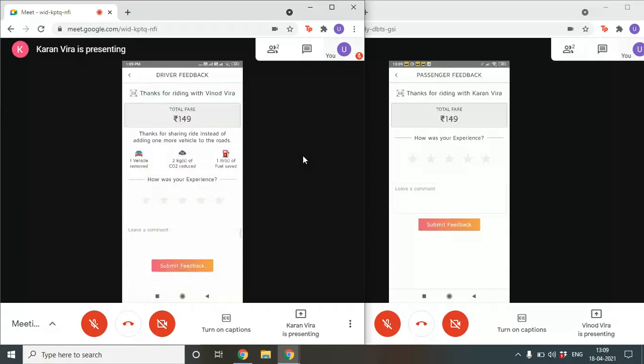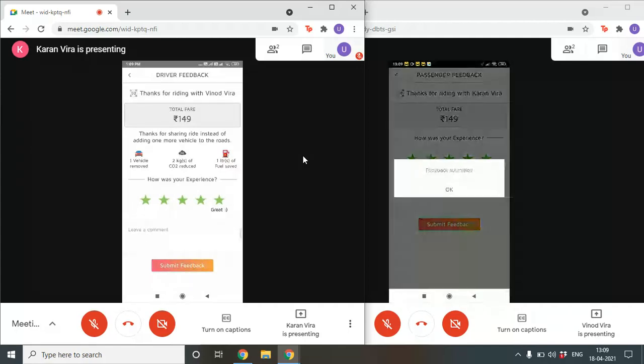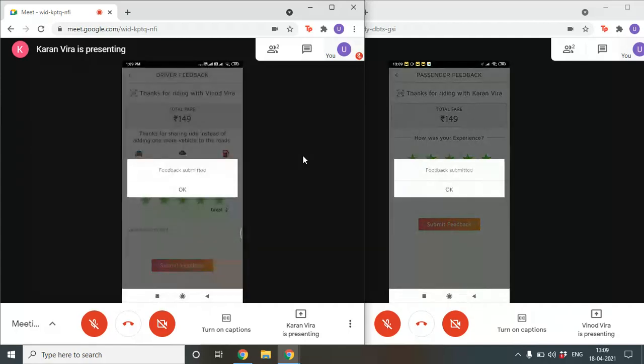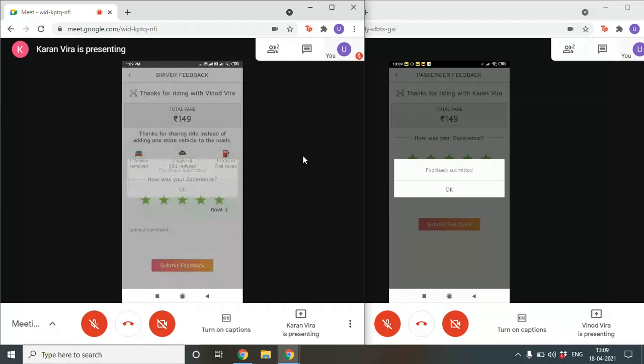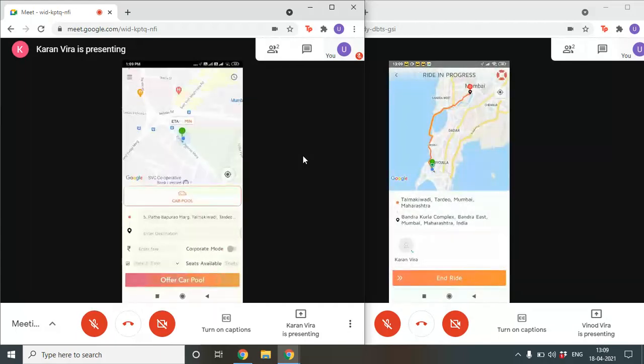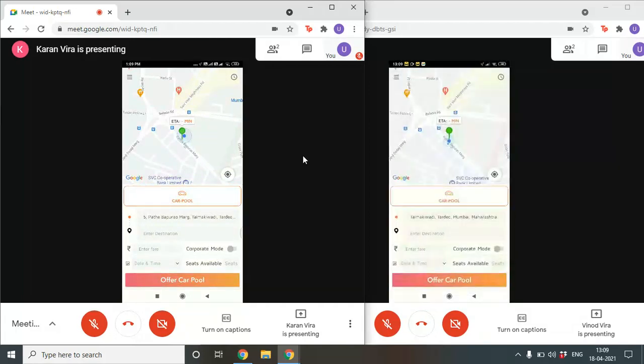The customer can even rate his experience, and the driver as well can rate his experience and submit the feedback. Once the driver has reached his own location, he can end the ride by swiping right. Now both the customer and the driver can offer as well as request a ride.